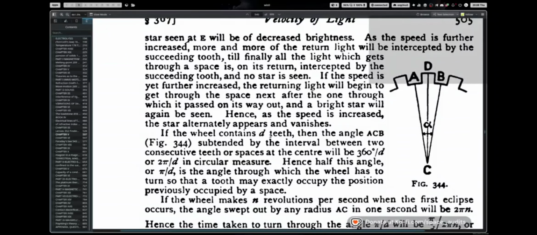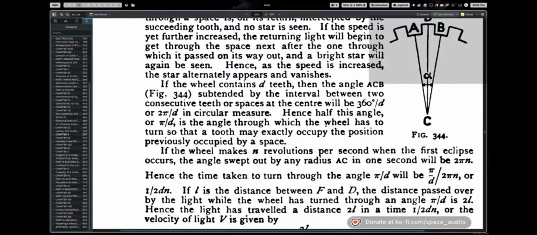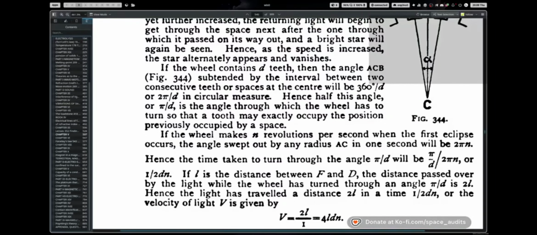If the wheel contains D teeth, then the angle from A to C to B, subtended by the interval of 2 consecutive teeth or spaces at the center, is 360 degrees divided by D, or 2 pi over D, in circular measure. Hence, half of this angle, or pi over D, is the angle through which the wheel has to turn so that a tooth may exactly occupy the position previously occupied by a space. If the wheel makes n revolutions per second when the first eclipse occurs,